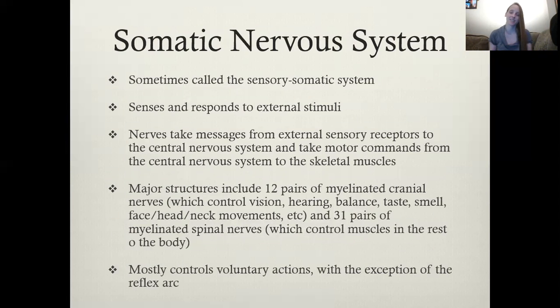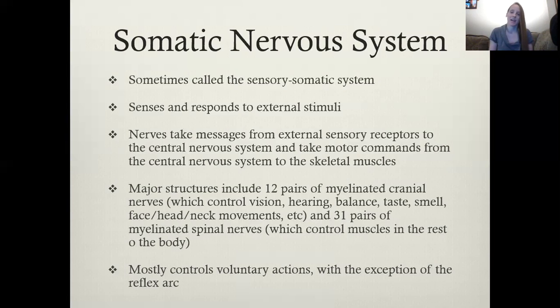The somatic nervous system is also sometimes called the sensory somatic nervous system because it senses and responds to external stimuli. The nerves take messages from your external sensory receptors, like thermoreceptors in your skin, to the central nervous system, and then take motor commands from the central nervous system to your skeletal